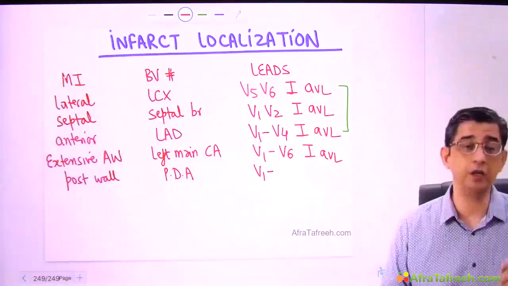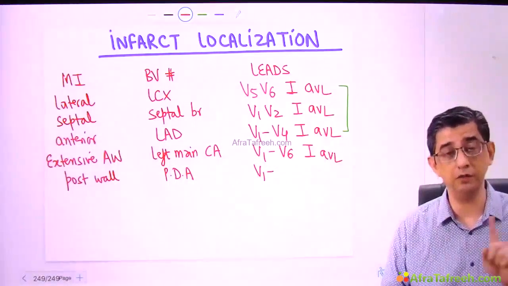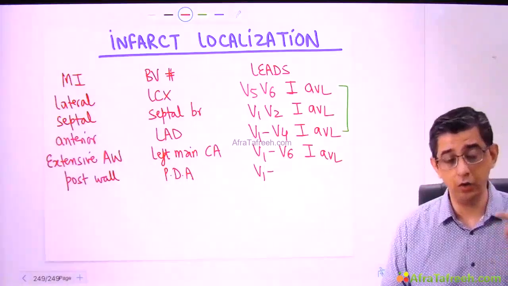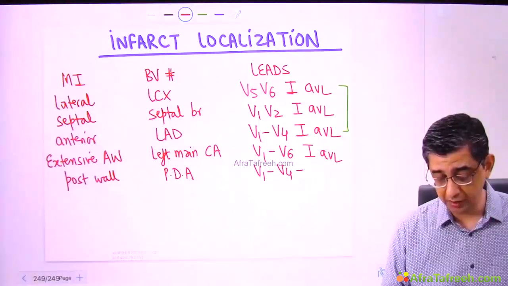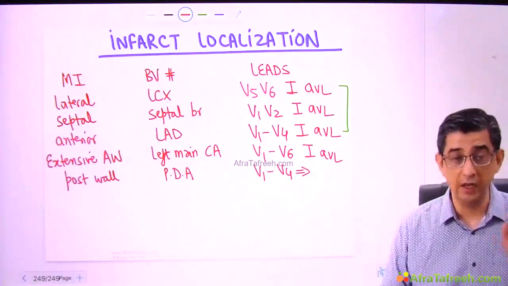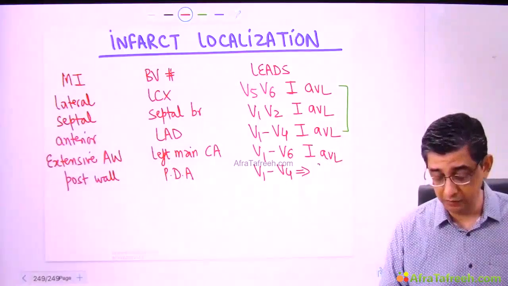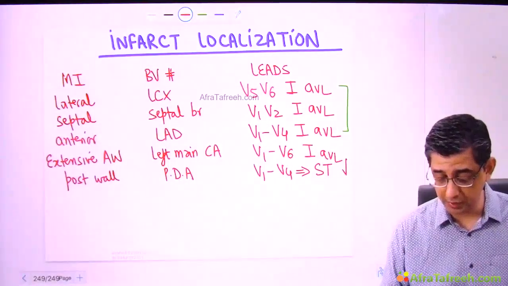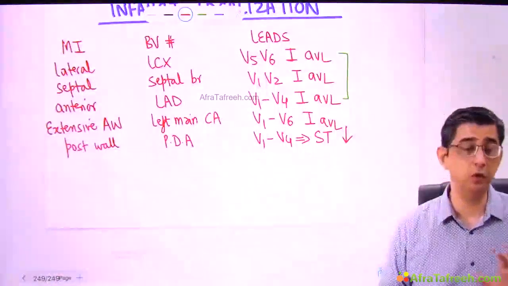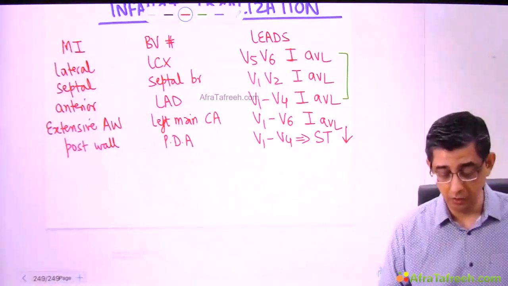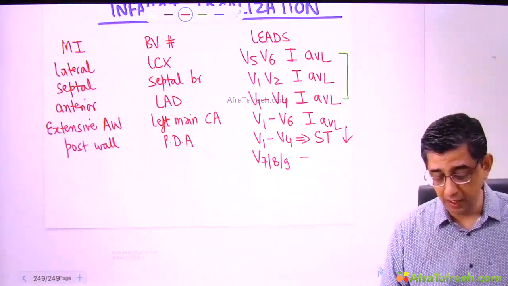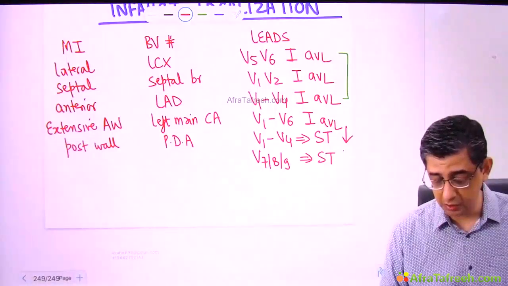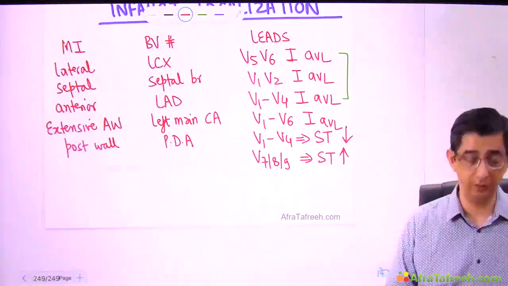So how would your technician come to know that he has to put V7, V8, V9 without you giving a proper instruction? So first of all, you as a doctor should identify that if any question or any patient in clinical practice, V1 to V4 is showing a ST depression. Listen to this carefully. If V1 to V4 is showing a ST depression, you should ask your technician to put V7, V8 and V9. And if he mentions that ST elevation is present in V7, V8, V9, you see, two